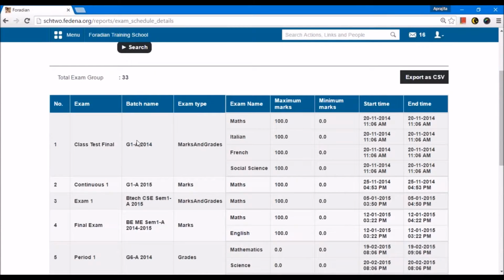The examination, the batch for which the examination has been created, the type of the exam denotes whether the marks will be given as only marks or grades as well. So in this case, it shows marks as well as grades. Exam name is the subjects, maximum and minimum marks for each subject, the start and the end time for each subject's examination.